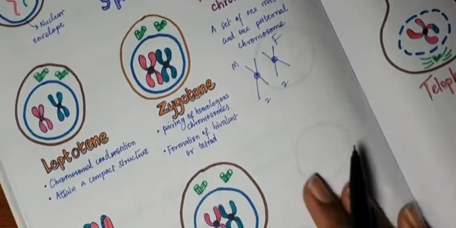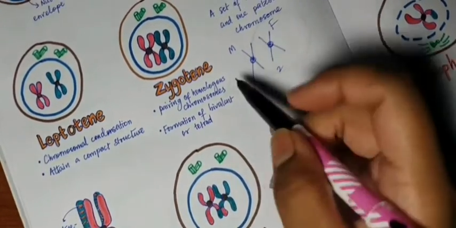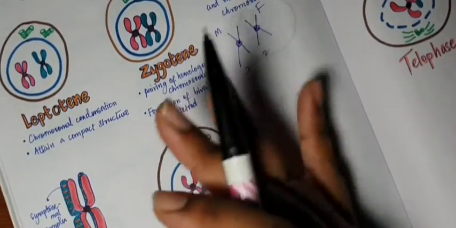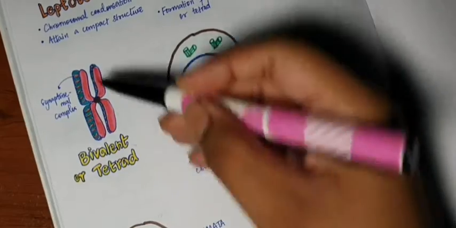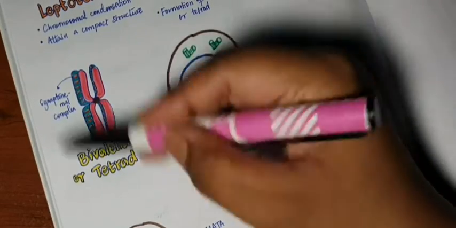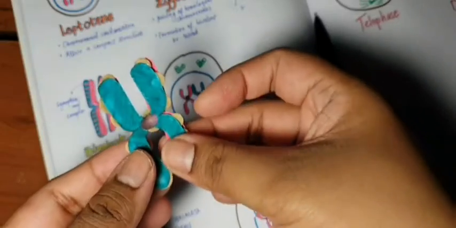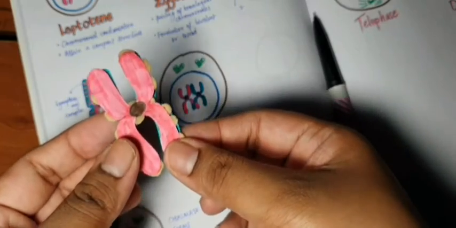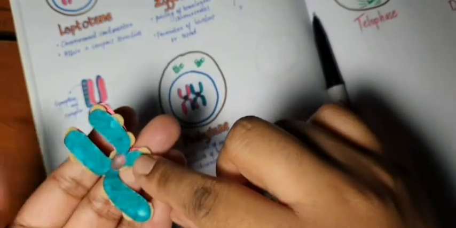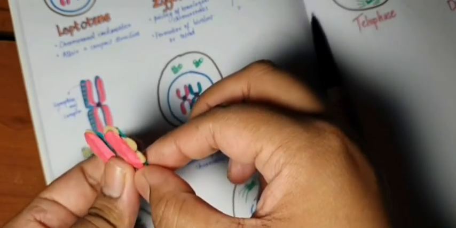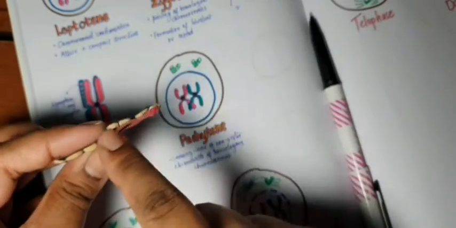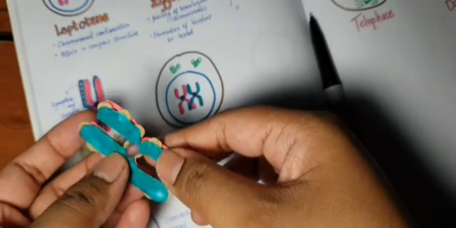Now, the most important thing to remember here is, even though a lot of images represent the chromosomes in meiosis like this, side by side, they're actually not like that. They're actually present like this, one on top of the other. And this structure is called a bivalent or a tetrad. This is actually how the chromosomes will be arranged. So this is one chromosome, the green one, and this is another one, the red. These two are homologous chromosomes. One is from the mother, one is from the father. And they'll be aligned like this together, and between them is a proteinaceous structure called a synaptonemal complex.